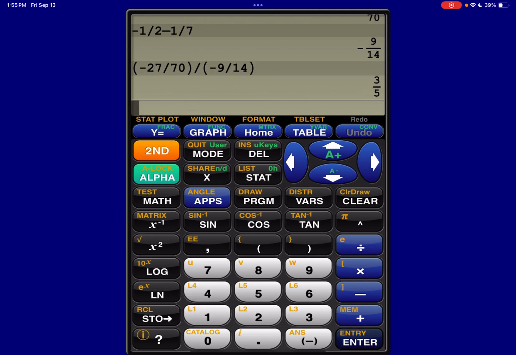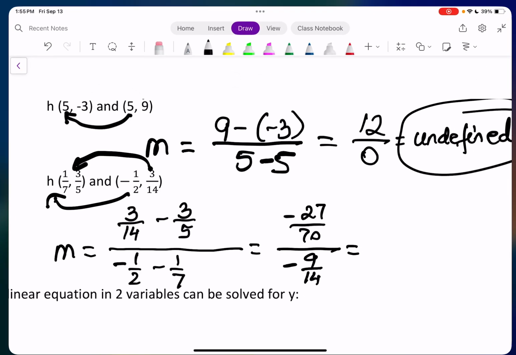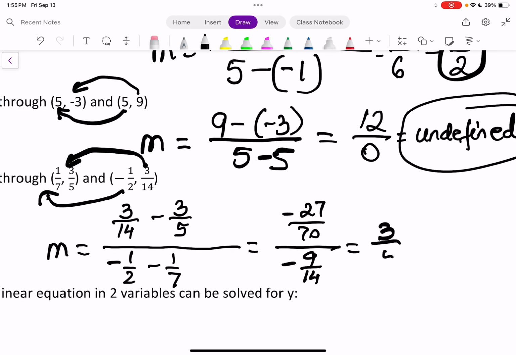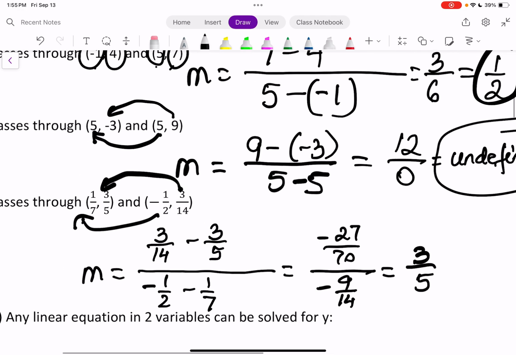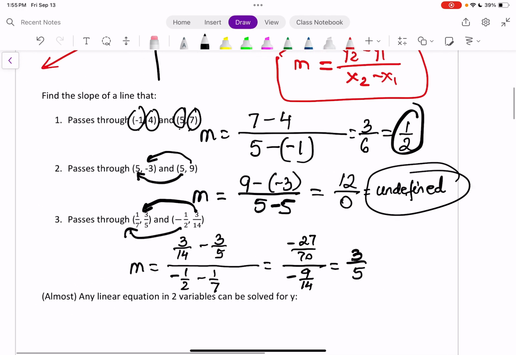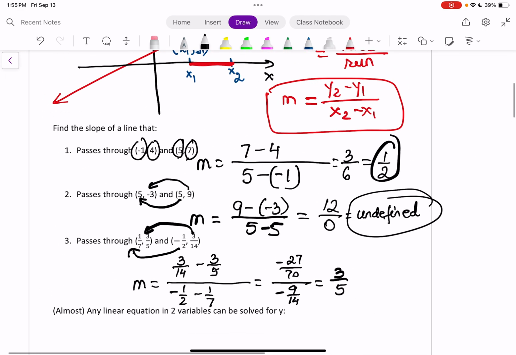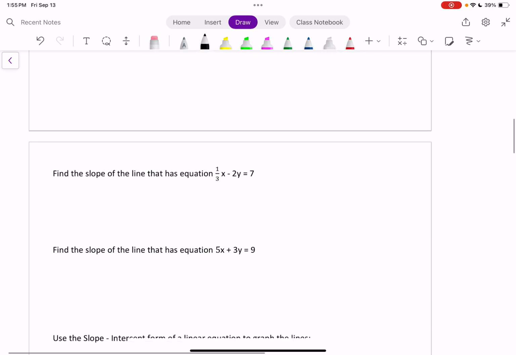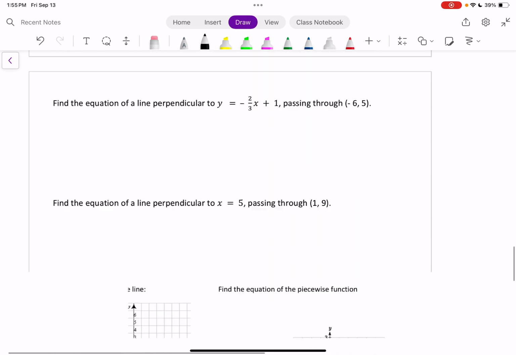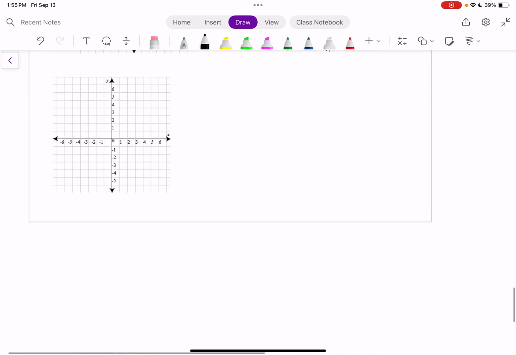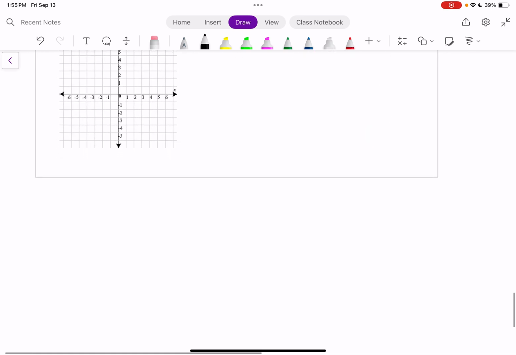So type it in, press enter. Oh, look at that, 3/5 is the answer, boom. So the answer is 3/5. That's the slope, all done, okay. So I realized I should have put, I'm going to go all the way down here at the bottom where it's empty. I should have added some